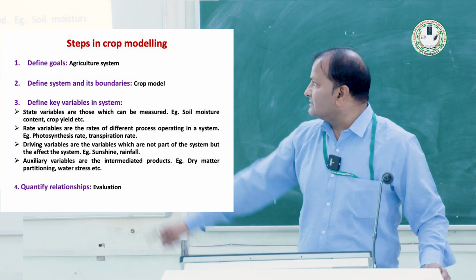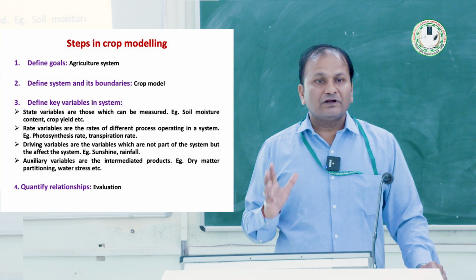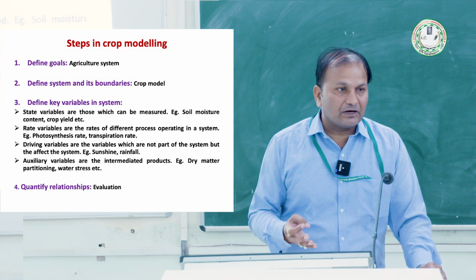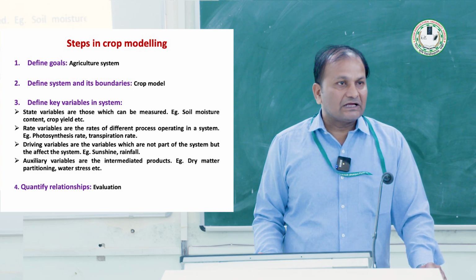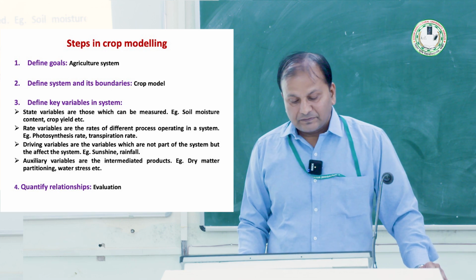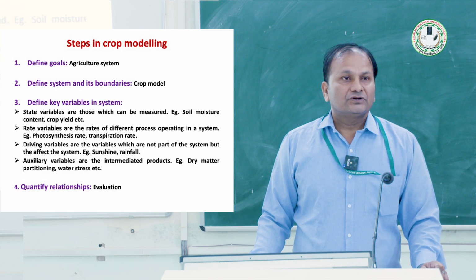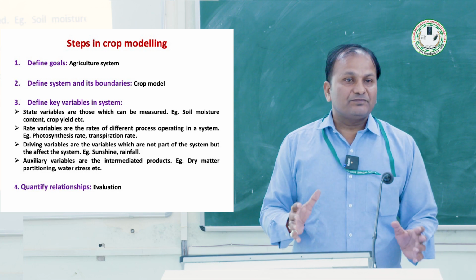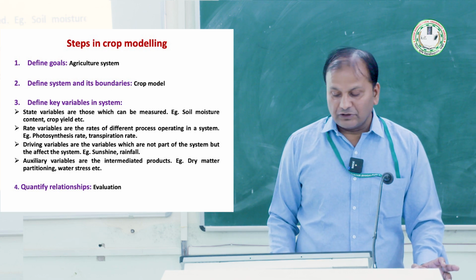Key variables means all these things I was saying before, soil and these all things. So those were variables. Temperature variable, soil variable, crop data, these all are variables. So we will have to define some variables, key variables. Then quantify relationships. So what may be the relationship, we will quantify through this model.